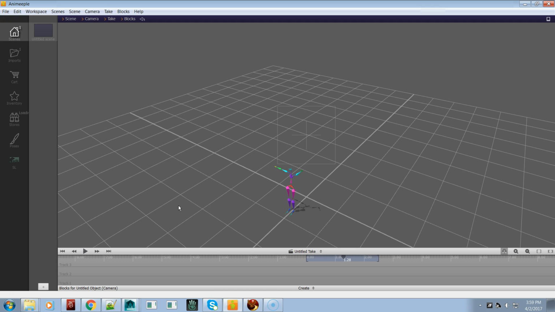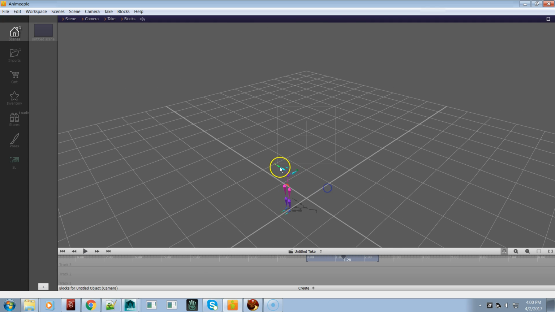I was assuming it would be how many inches are in a meter, because BVH files are in inches, and then Second Life converts inches to the Second Life units, which are meters. So there's so many inches per meter. So that's why it's 39 times bigger. It's 1 unit in BVH, which is inches, gets converted to 1 unit in Second Life, and there's 39 inches in a meter. So that's why I made it 39 times bigger. So anyway,